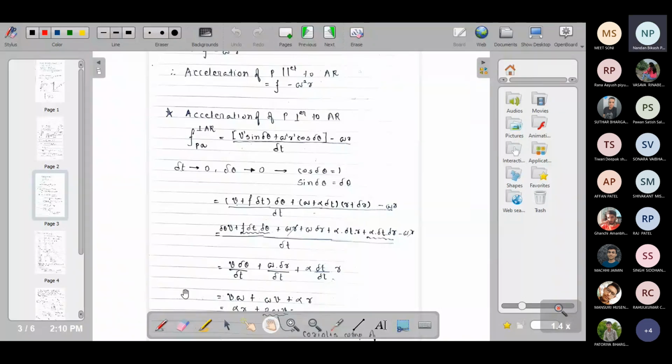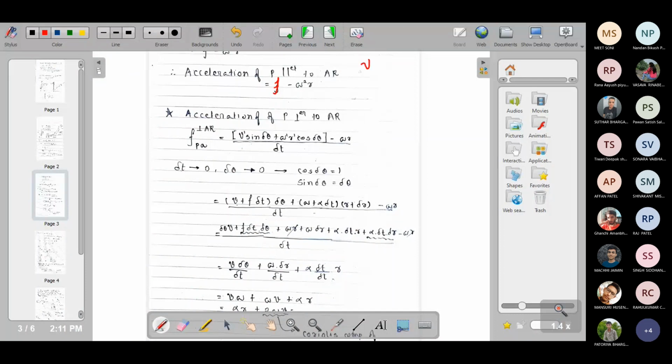Yes, any student? Sir, acceleration. Sir, angular acceleration. This is acceleration, only because you are subtracting it from acceleration. This is the linear acceleration of the piston, F. I have denoted it by F because it is parallel to the link AR. So for point P, now I'm subtracting omega square R.